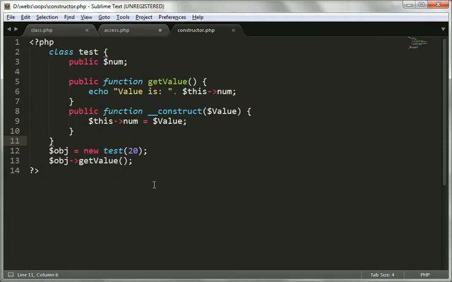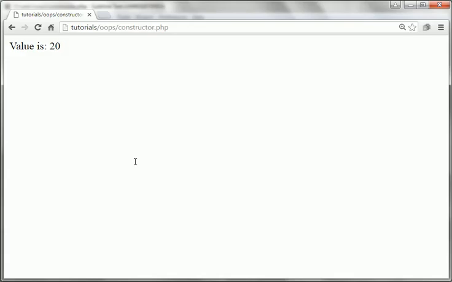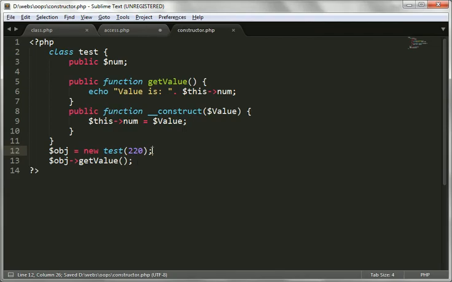So if you see here, again I'm passing the value like this, again refresh, 20. So this is the second type of constructor, you can say, which accepts parameters. It can accept multiple parameters like this. I can pass 30.